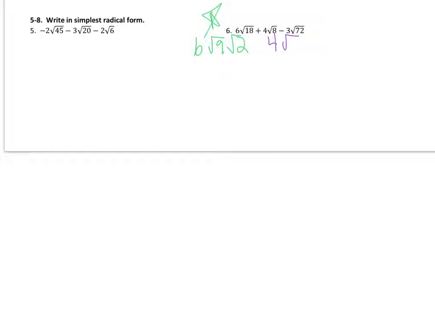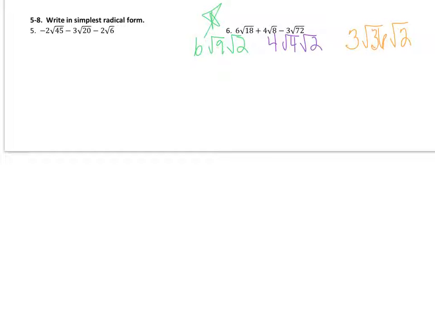I'm going to break that up into radical 4, radical 2. And then thirdly, I know that 72 is divisible by 36, which is another one of our perfect squares. The 3 is already there. I'm going to use radical 36 and radical 2. The thing I want you to notice is that all of these right now have a radical 2, which is